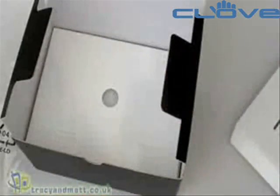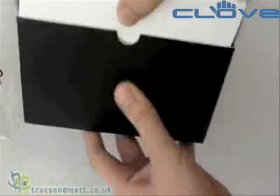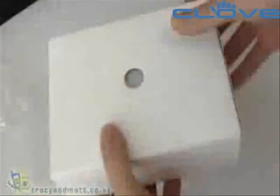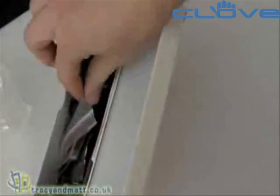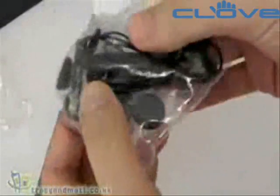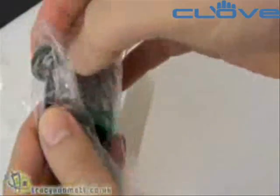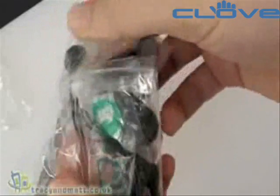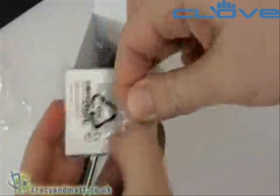And we have the handset, which we'll look at in a bit more detail in just a few moments when we finish unboxing. There's also an inner box, which contains all the accessories. And inside we have a wired headset, which has a mini USB connector on one end, an inline microphone with push button, and then fairly standard looking headphones on the other end. And we have the battery, which is